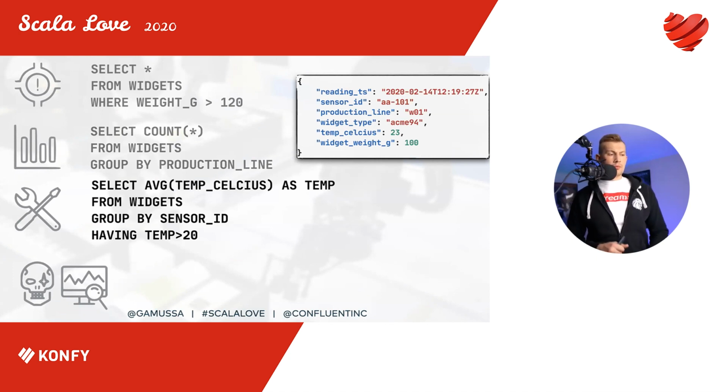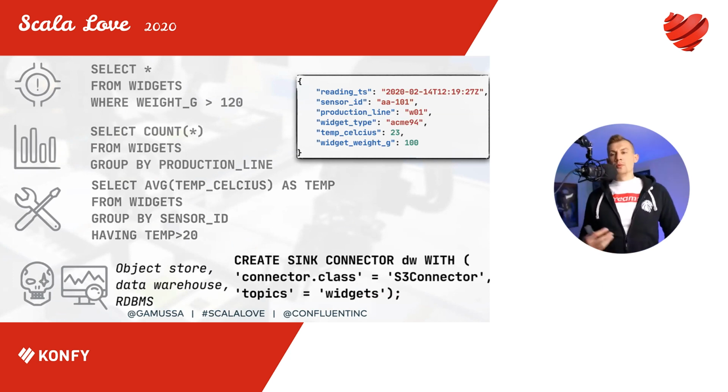We can also perform more complex aggregation. In this particular case, we can calculate the average temperature in Celsius, where the information reported for a particular sensor in terms of temperature would be more than 20 degrees and so on. We need to have storage for aggregating things, and after that we need the ability to extract it. And one of the important things is how we can integrate with other systems. ksqlDB is able to not only do the computational bits, but also communicate with external systems and